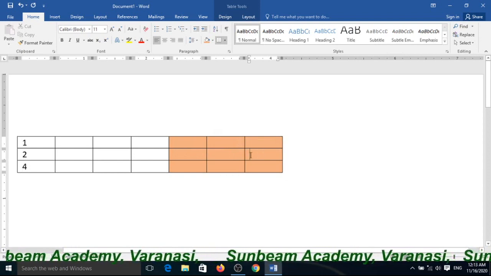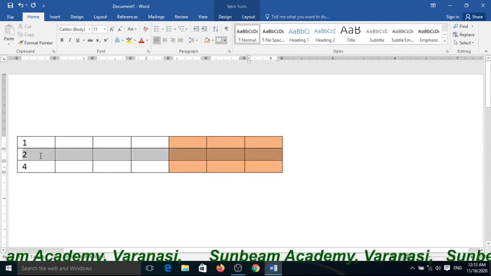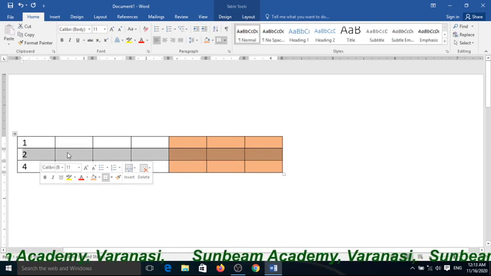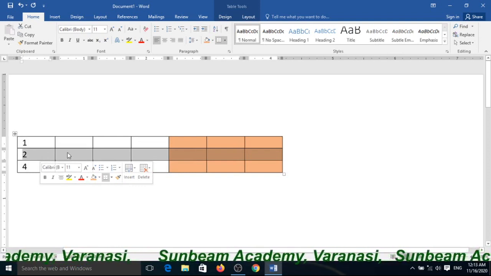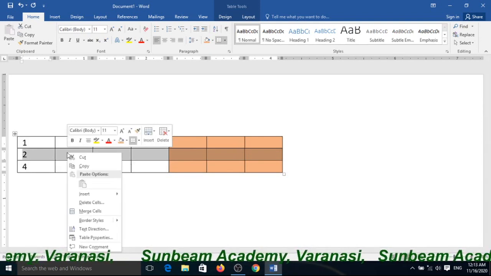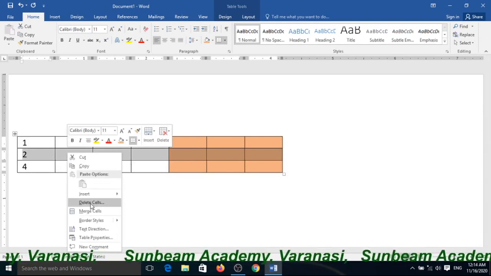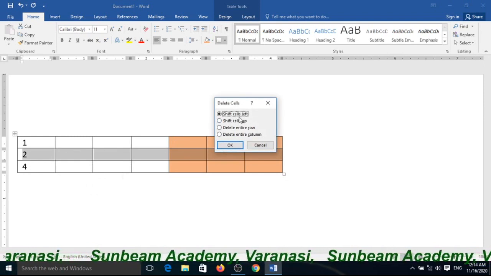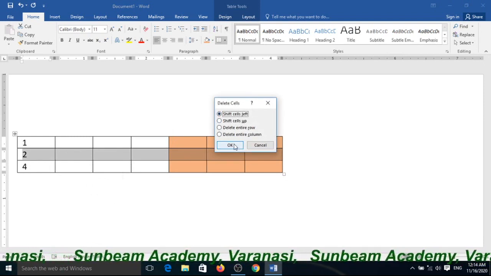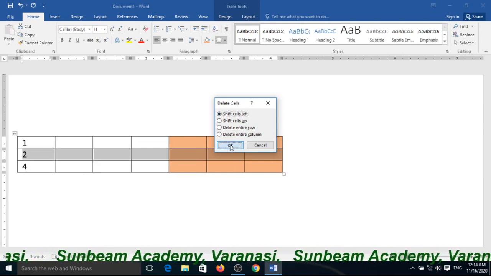Once again, suppose you want to delete this row, select that row and right click of the mouse button, and Delete Cells, choose Shift Cells Left and it will be deleted.